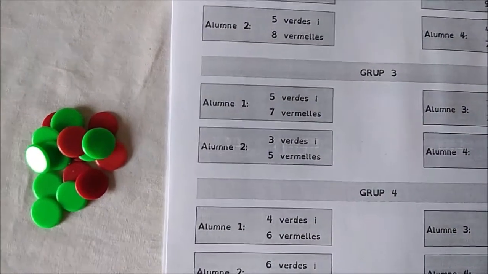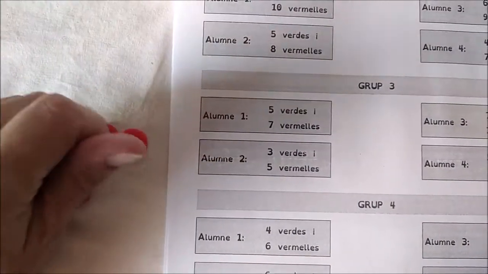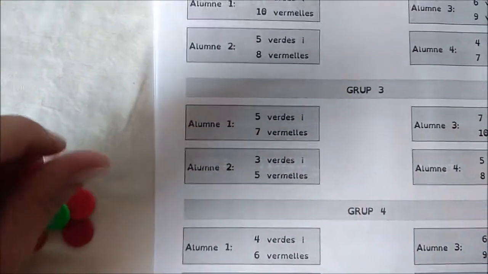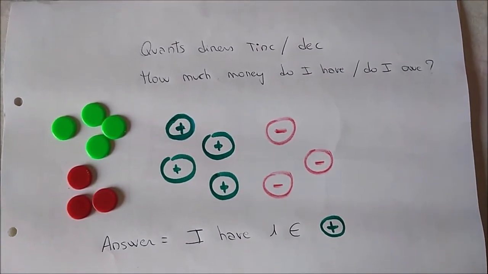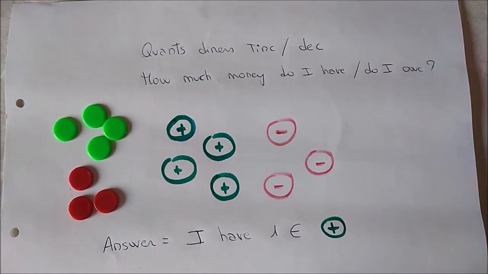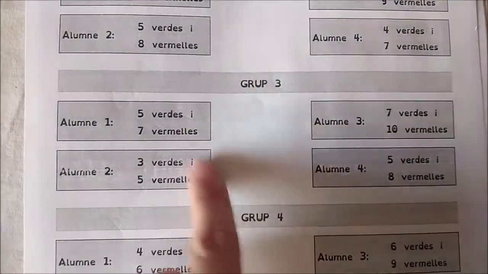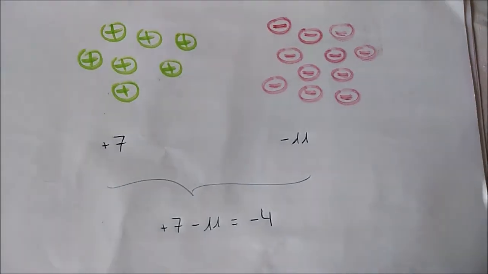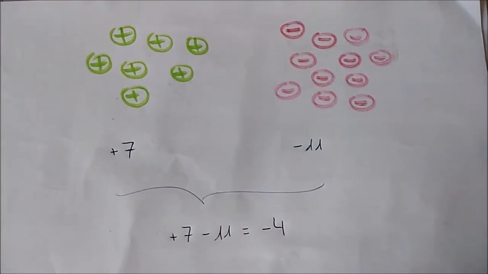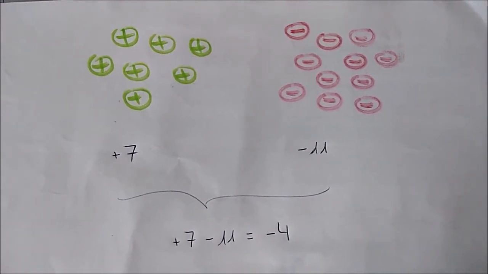The second task is match your chips with your partners and count how much money do you have or do you owe. Your own papers should look like this. Now you have to gather all the money of the 4 or 5 members of your group. Your group could look like this.